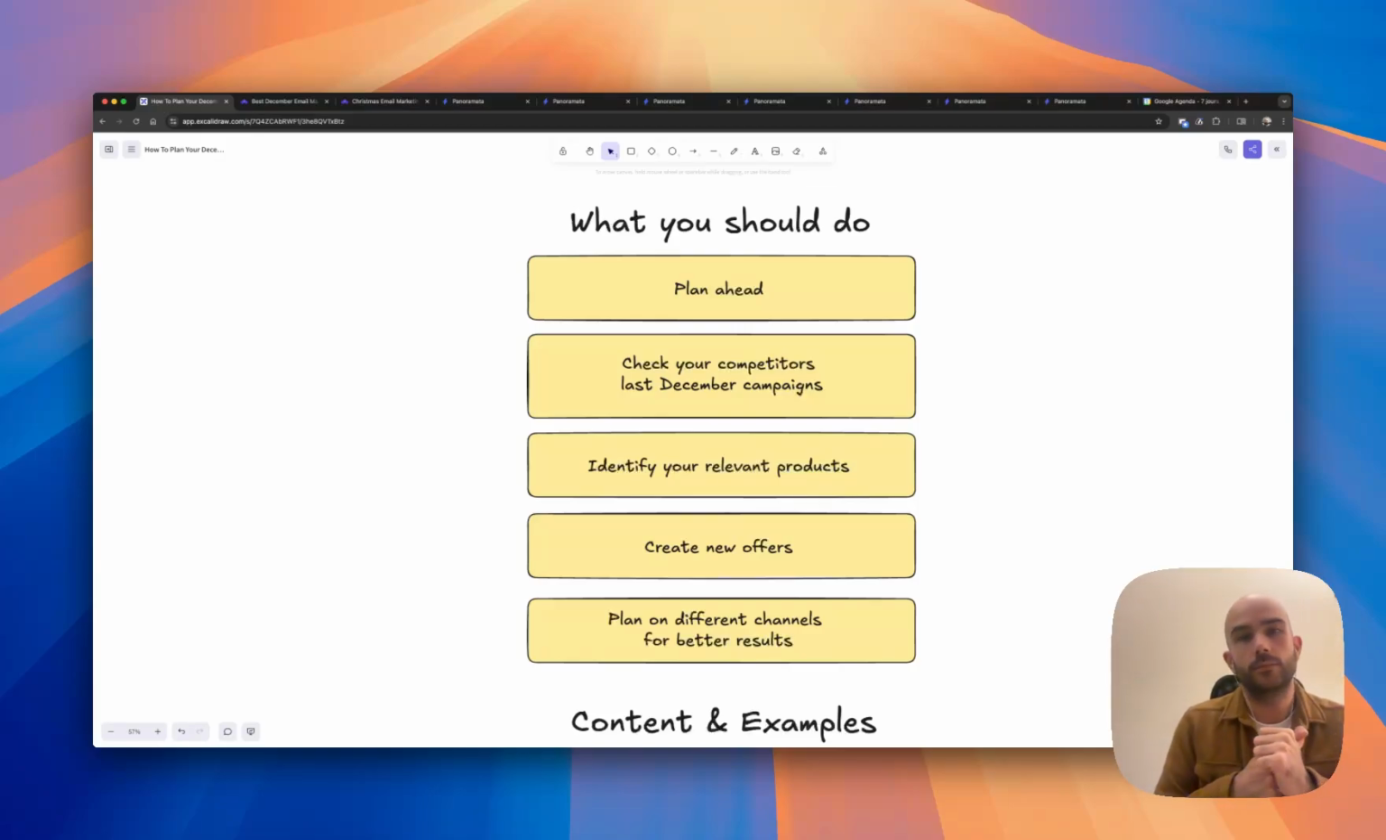The very first thing is to plan ahead. You can't expect December to work out the way you think it's going to work out. I hope the best for you, but you should plan ahead the campaigns that you're going to run during December because it's rush hour. Second, check what your competitors have been doing during the previous years, what they've been doing